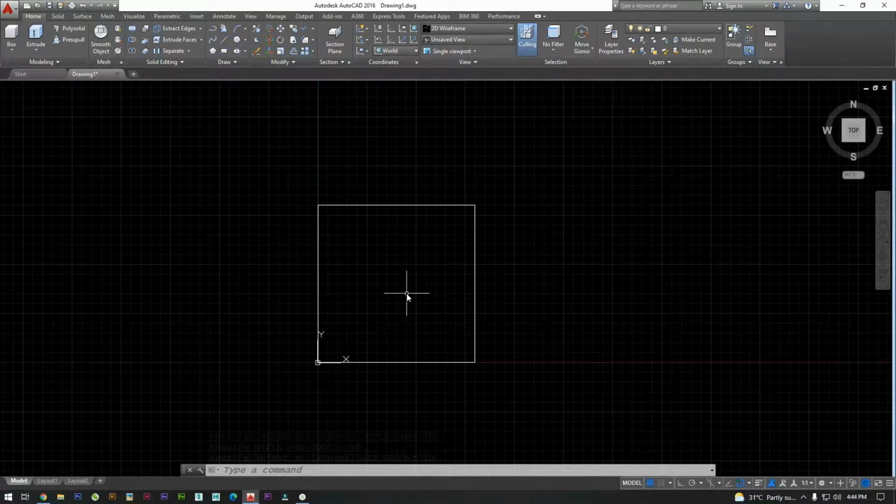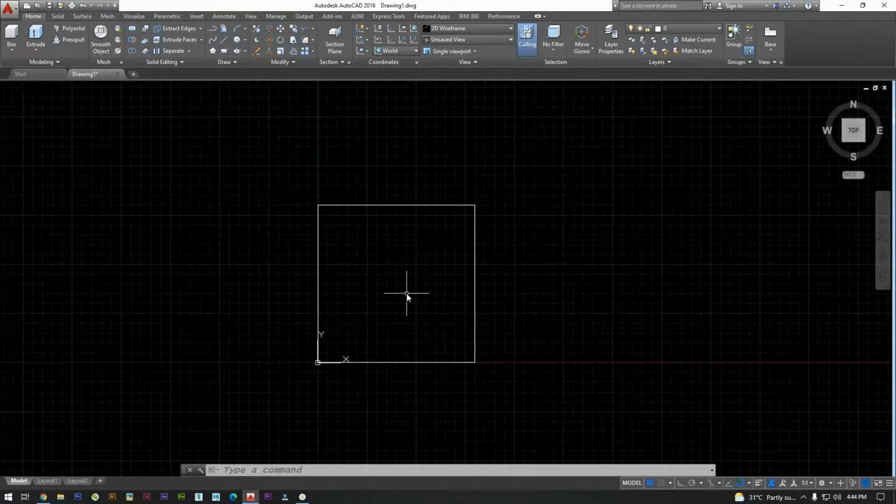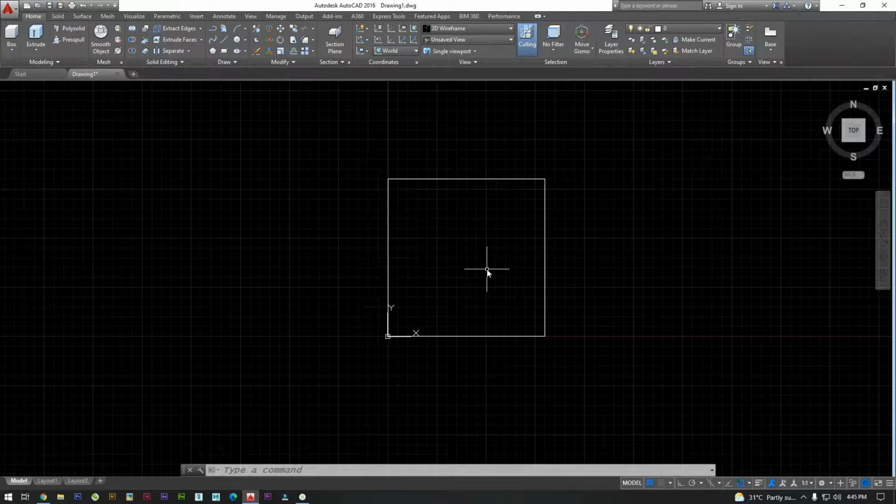And second, you need to turn on the ortho before giving the three values: length, width and height. Cleared? Yes, sir.